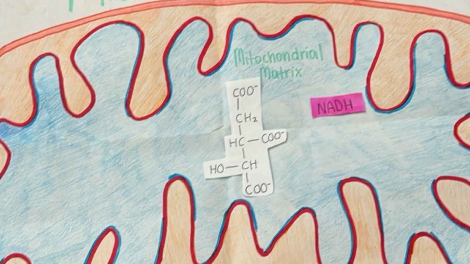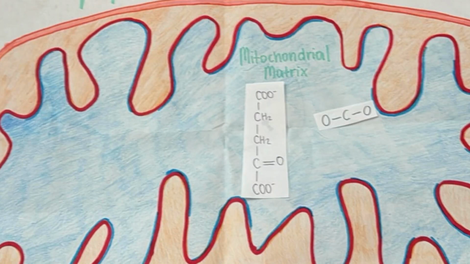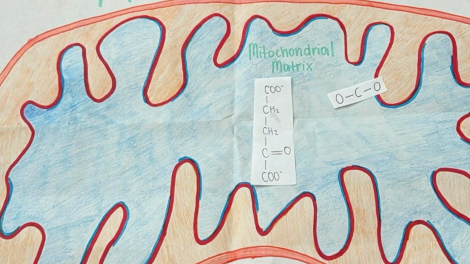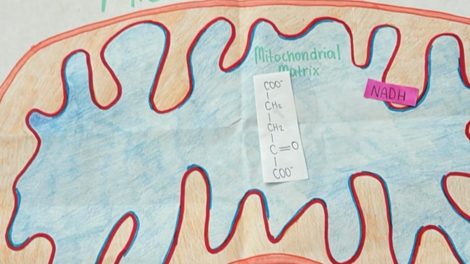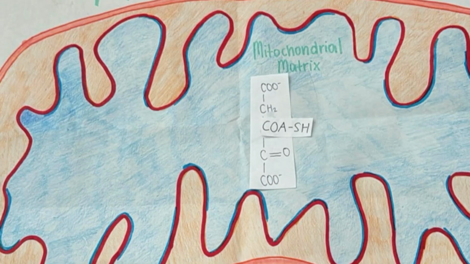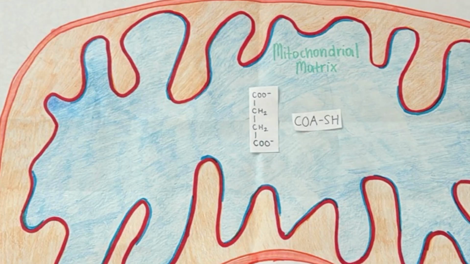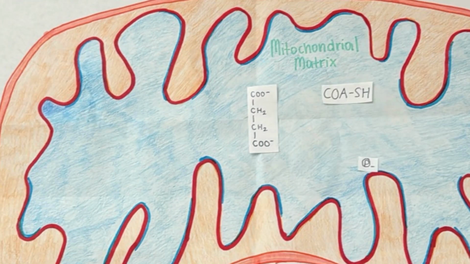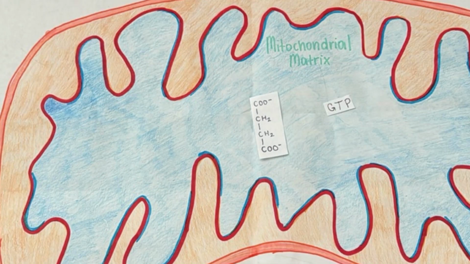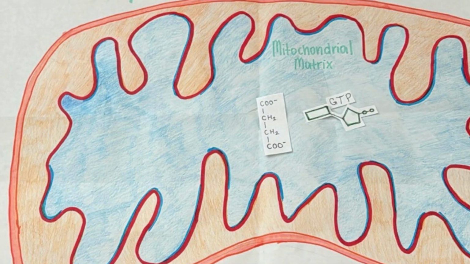It then releases carbon dioxide, reducing NAD plus to NADH. The remaining molecule is bonded with CoA-SH. This forms succinyl-CoA. Then it removes CoA-SH and forms GTP, and GTP loses a phosphate group and reattaches as GDP, forming